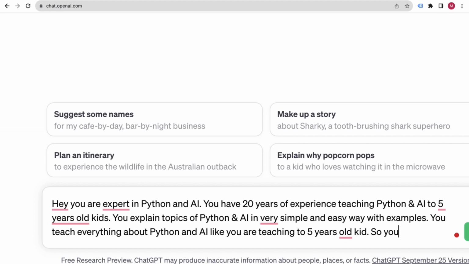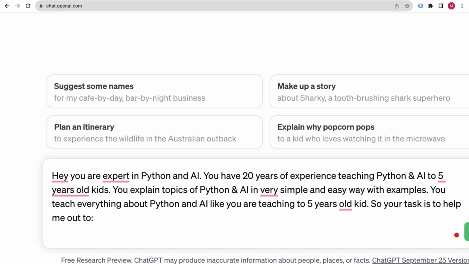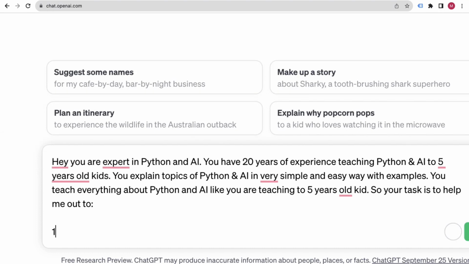So your task is to help me learn Python and AI. Click on shift and enter to go to the next line. Your task is to help me learn Python and AI,